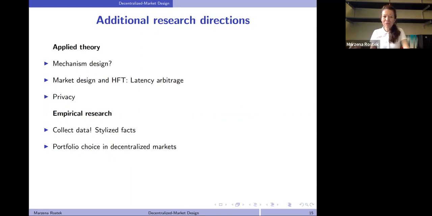So do any of these results hold up if we take into account the incentives of these providers? Well, so that's outside of the models that